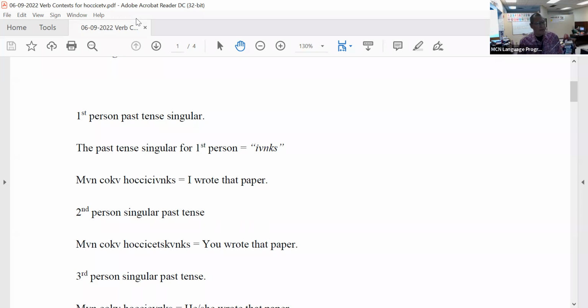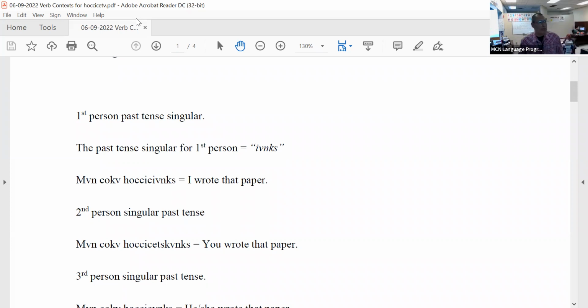Now, we must always remember in Mvskoke learning that you're going to drop the letters ETV off the words. And a lot of those words, you're going to put certain proper verb tenses on the end of it. Now, since we're talking about past tense, in reference to me, like I'm saying that I wrote that paper, I would say, choga hotejeyans. I wrote that paper.